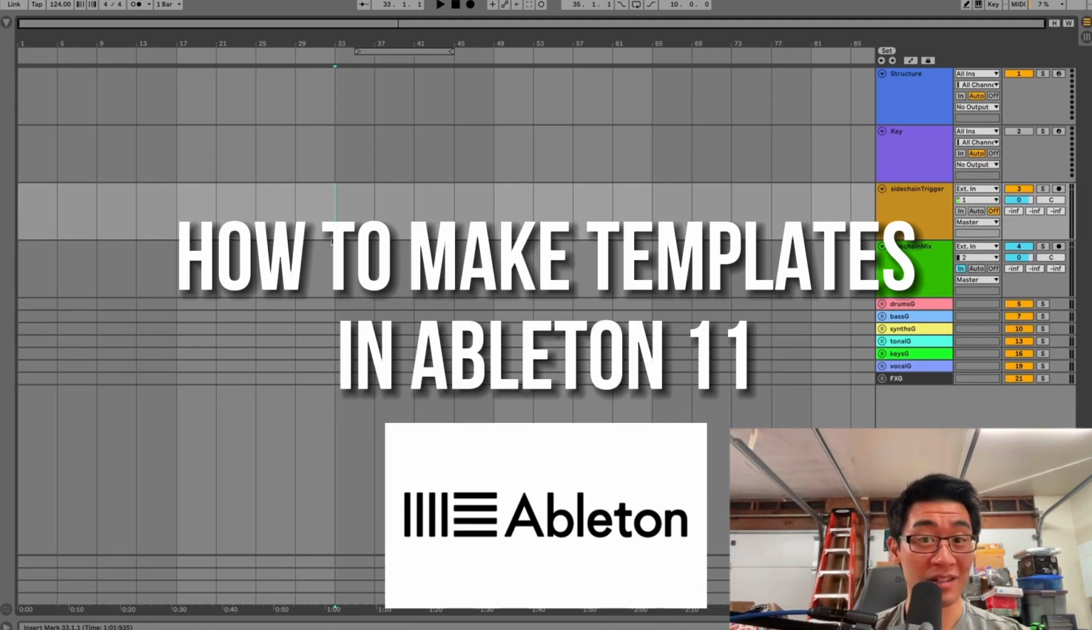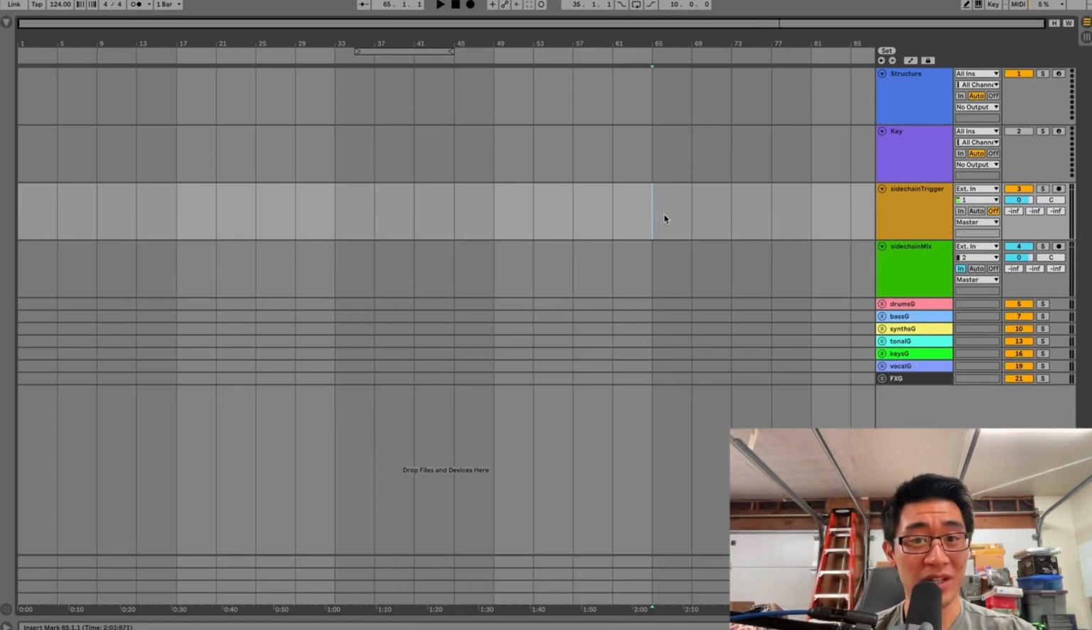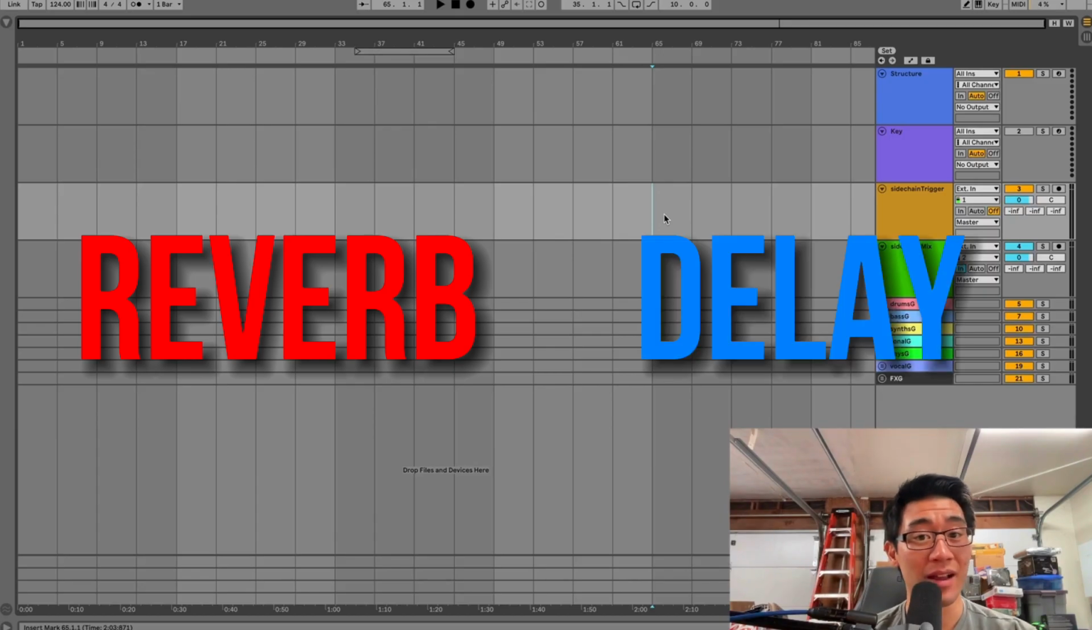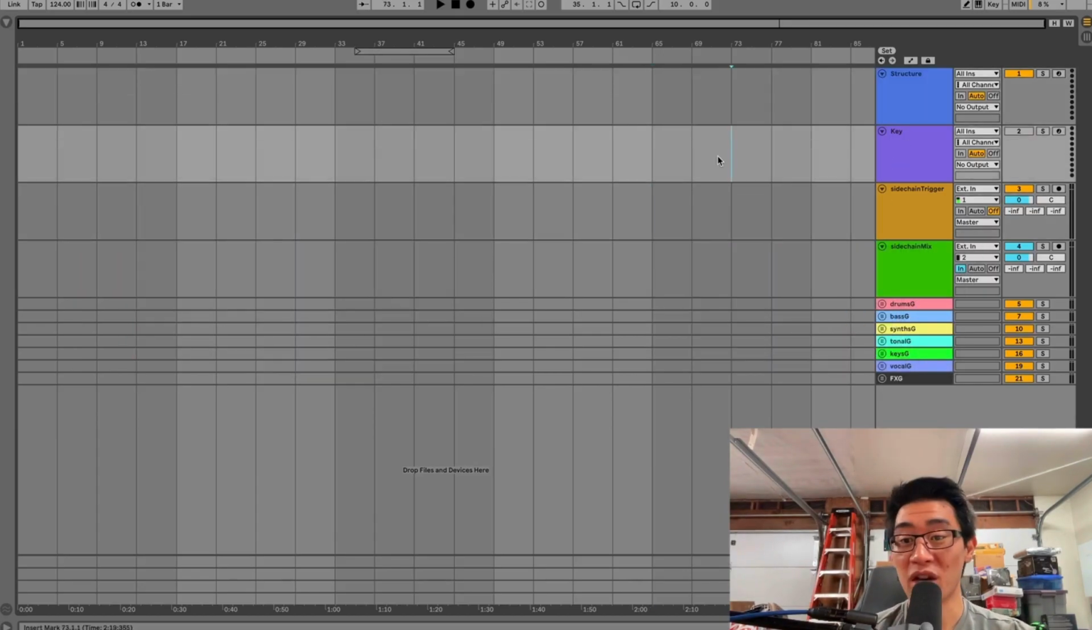How do you make templates in Ableton 11? So for most, the default Ableton session is going to look like 2 audio tracks and 2 MIDI tracks with 2 sends, one being a reverb and one being a delay. Mine doesn't look like that because this is my new default session, and I'm going to show you how to